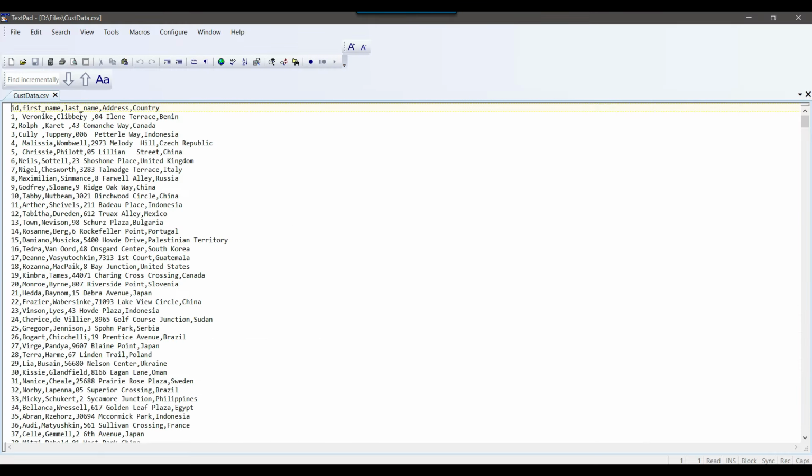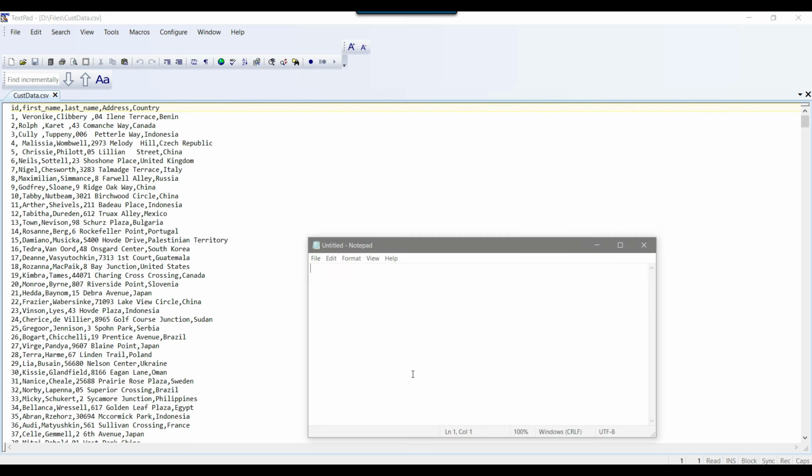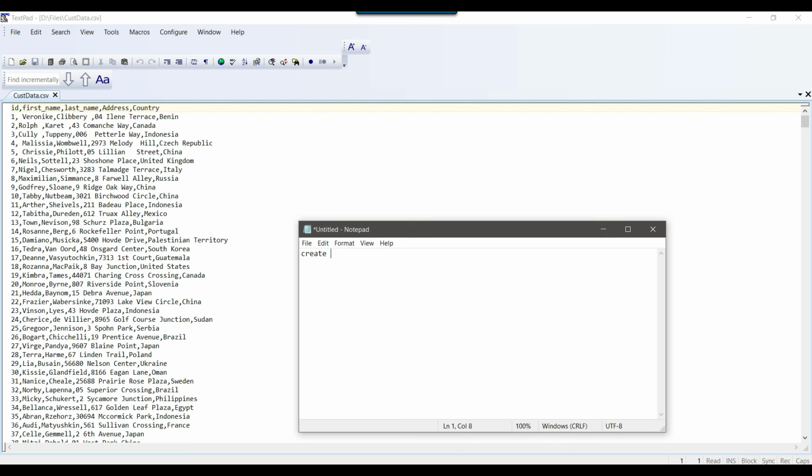So first of all, we need to create the table with these columns: ID, first name, last name, address, and country. So what I can do, I can create a table here, create table, and I can call the table cust data.